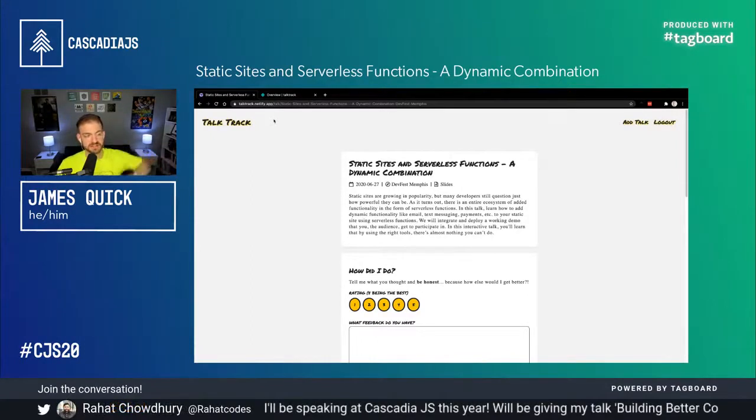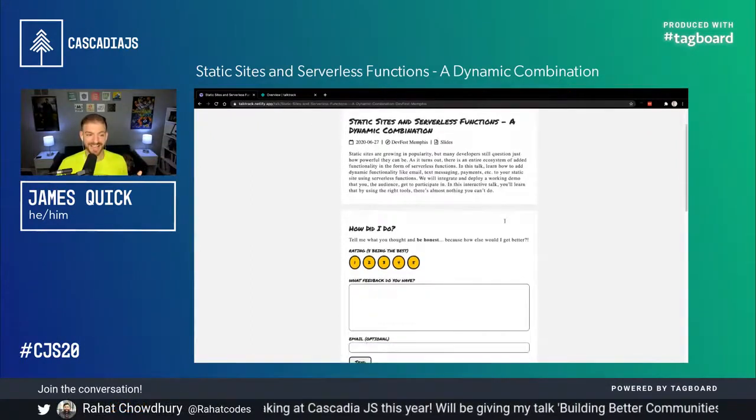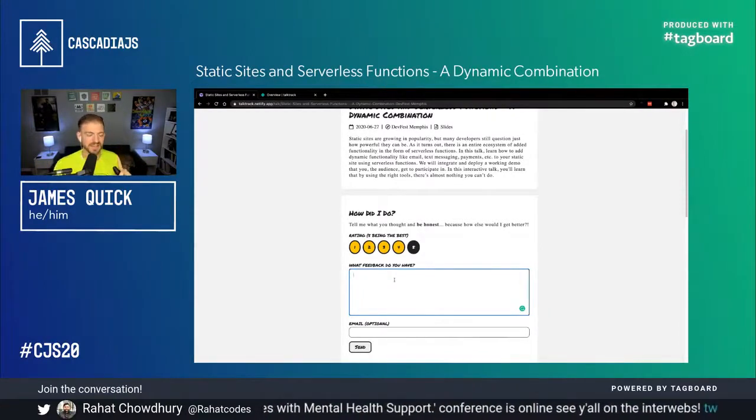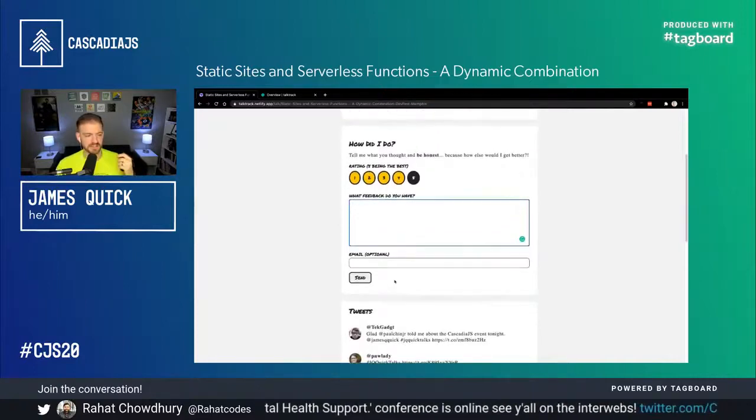So you can see all the details about this talk over here, as well as, I mentioned, I wanted to have the ability to get interactive feedback from users. Well, there's a rating system here. A little quick rating thing that I built where you can give me a rating. You can add some feedback, which I would greatly appreciate. I would appreciate if you did it just for testing purposes, but for real feedback after, that would be great too.